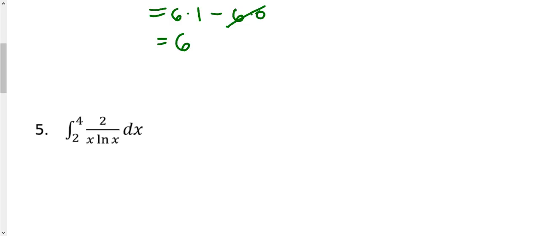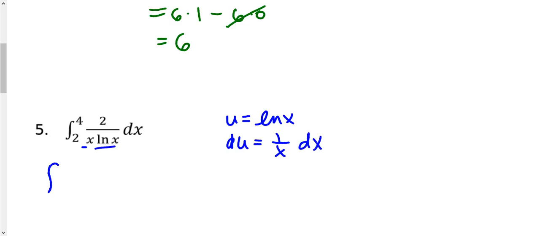So usually we look at a problem, and u is either the complicated exponent of e, or denominator, or a larger function. Since we have 2 functions in the denominator, we need to choose one to be u. The more complicated function is the ln of x, so u is going to be equal to the ln of x. So du is equal to 1 over x dx. So when we're looking at this problem, we have 2 to 4. I'm going to bring this 2 out front so I don't have to worry about it right now. And this is really 1 over x times 1 over the ln of x